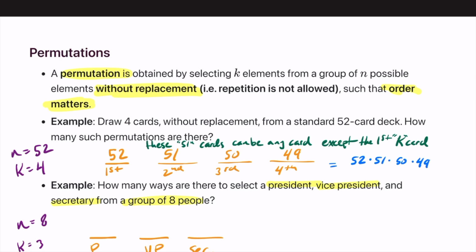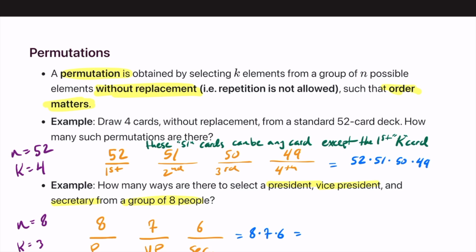So if we've got 8 people, then if we're selecting president, there are 8 people that we could select from for president. And just like when the cards were at 51, those 51 cards could have been anything except the first k card. Well, now your VP could be any of 7 people. The only person it can't be was the first person that was selected for president. And same thing for secretary. And so this just gives us a very simple answer of 8 times 7 times 6, which equals, let's see,